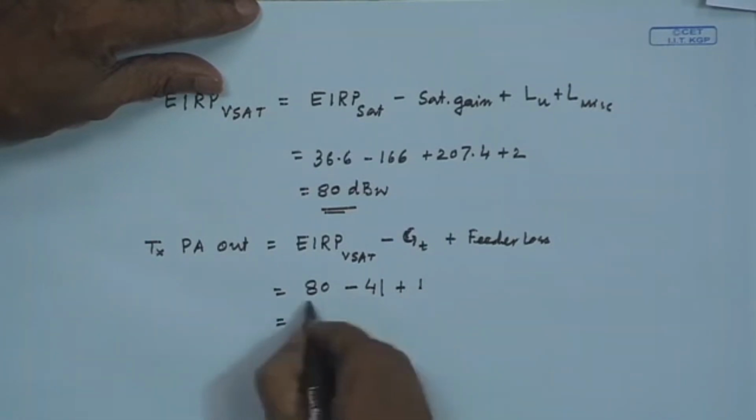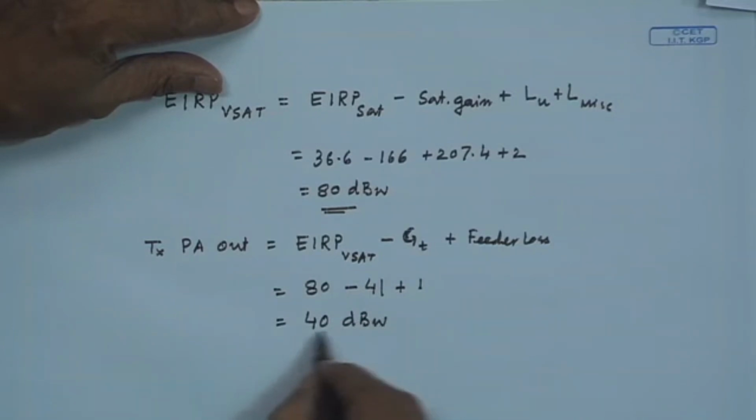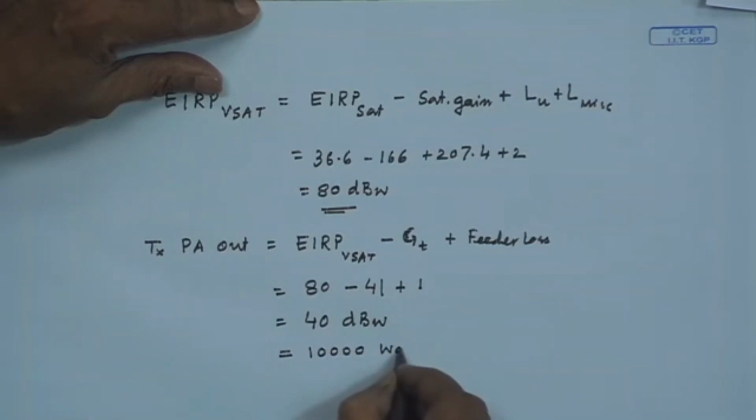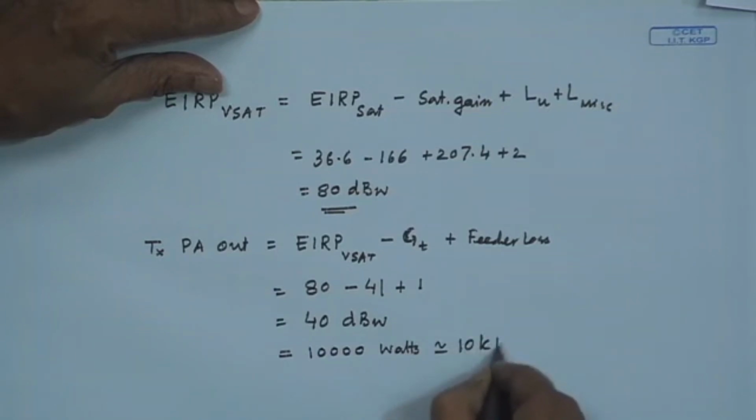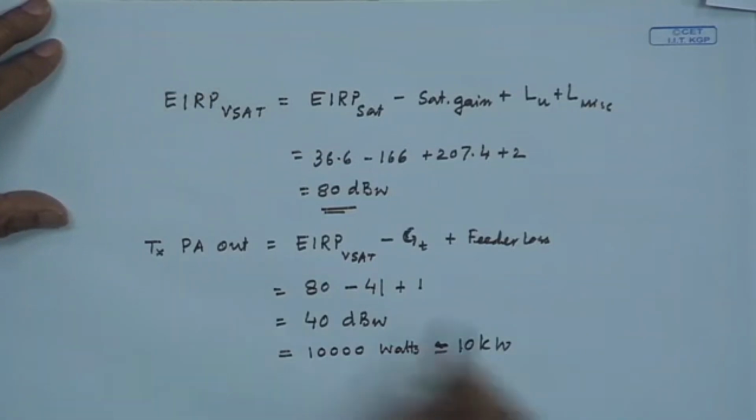So, this comes out to be 40 dBW. Now, what is the meaning of 40 dBW converting to watt? So, this is approximately 10 to the power 4 watts. Means 10 kilowatt of RF